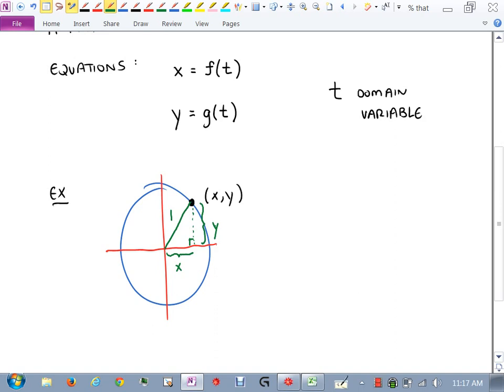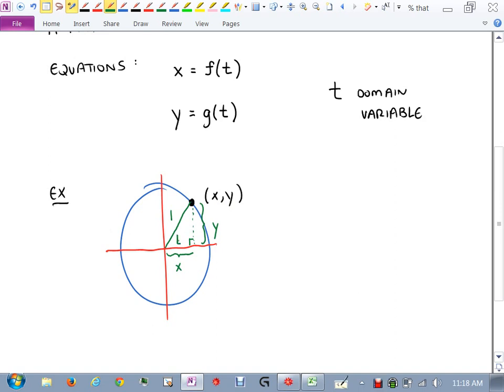And we have from pre-cal that if you know the sides of a triangle and you know the angle inside, there's some relationship in there, right? Like this x and this y coordinate are going to be completely determined by that angle. If I change the angle, it's going to change my x and y. So somehow the x depends on the angle and the y depends on the angle. Yes? So I'm going to call that angle t,